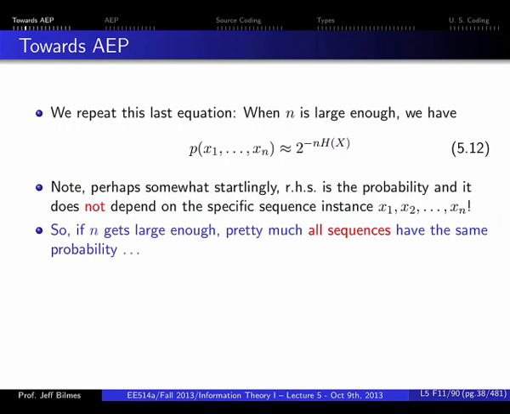So another way of saying this, and this is sort of getting into the language of the book that people have a lot of trouble with, is that all sequences have the same probability. Let's highlight pretty much. Pretty much all sequences have the same probability. This is informal language, but that's kind of what's happening. And that probability happens to be equal to 2 to the negative nH, where H is H(X).